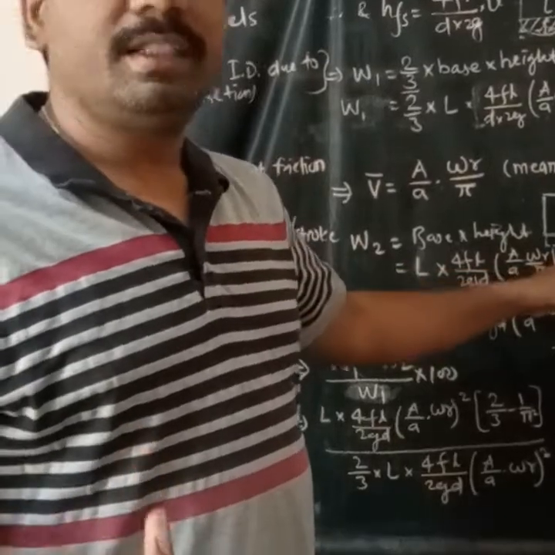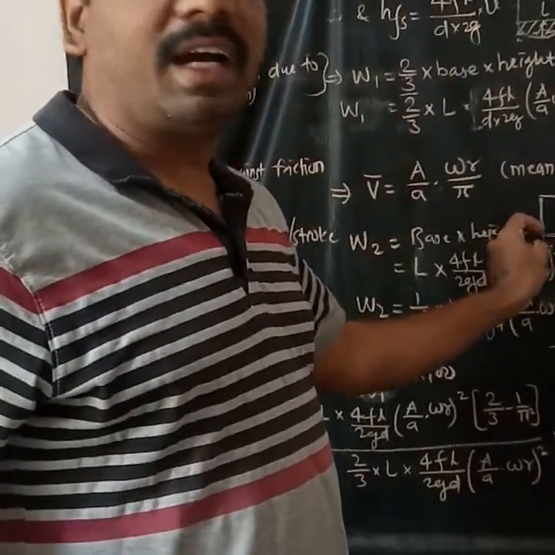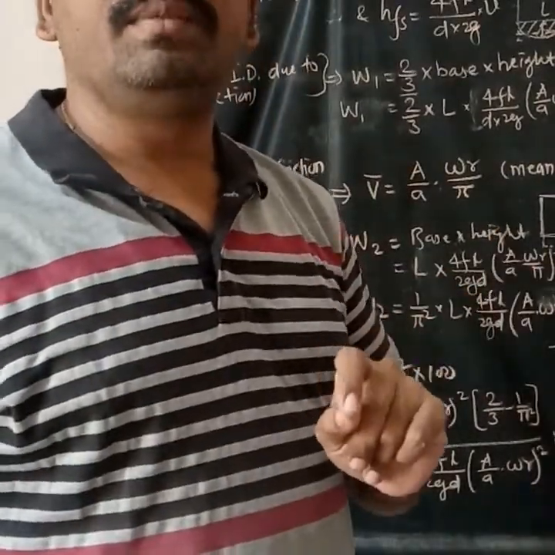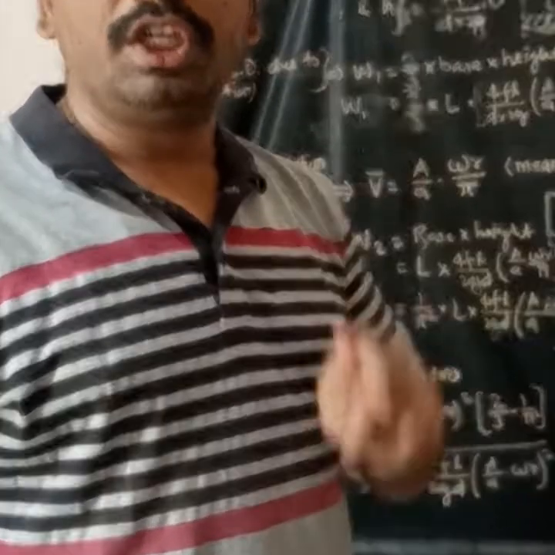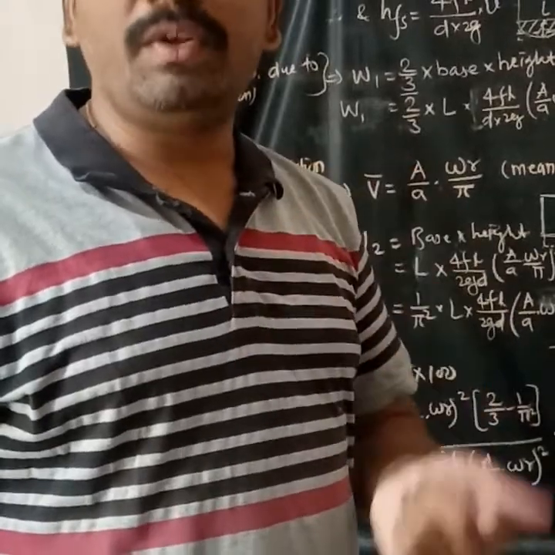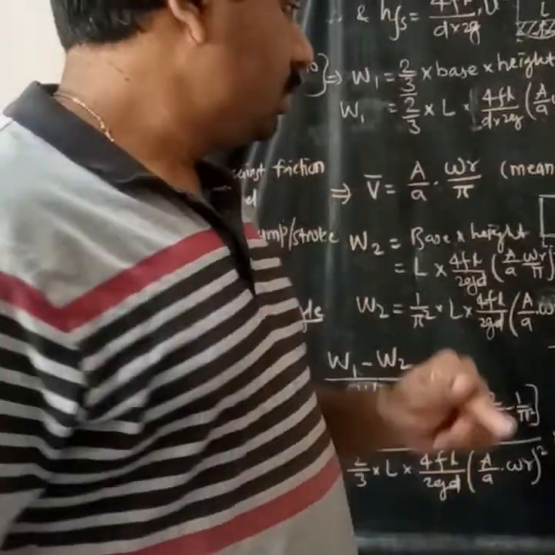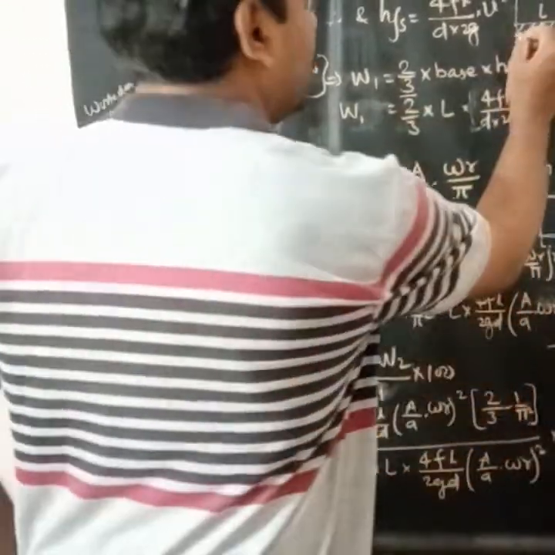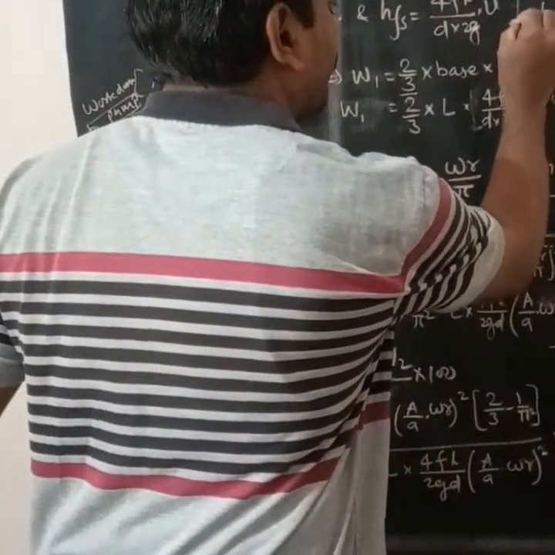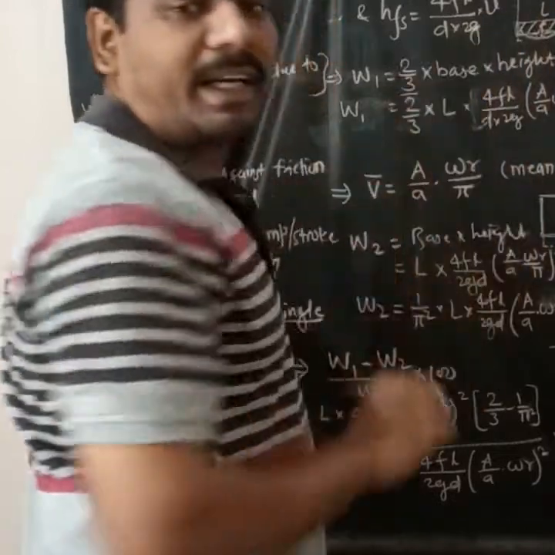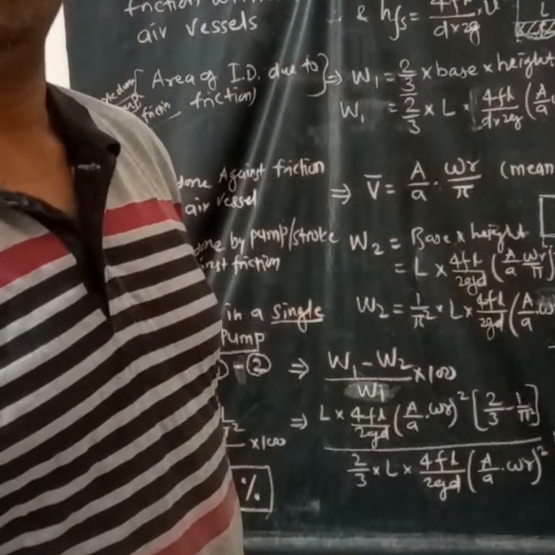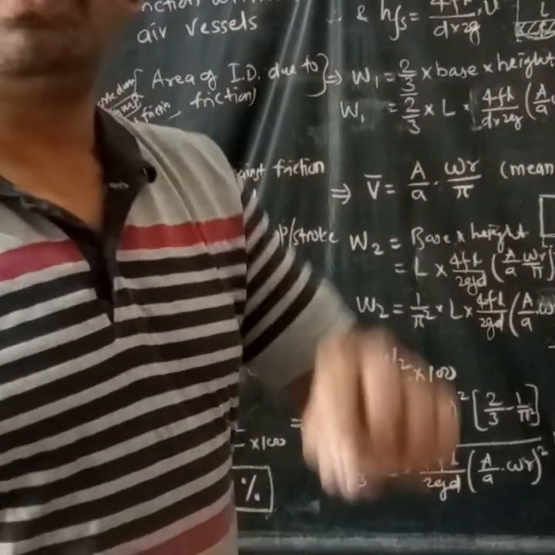So the area of the rectangle is simply L multiplied by this height. This height is representing simply HFS, and HFS equals 4FL v square upon 2gD. Here this v is representing the mean velocity. Suppose this is a parabola, and this will be representing the mean velocity rectangle. Are you getting this? Mean velocity, and